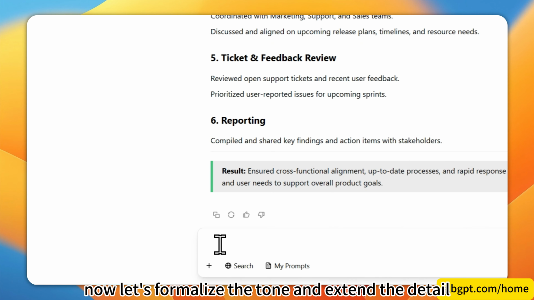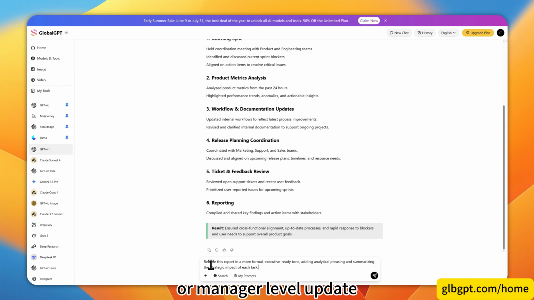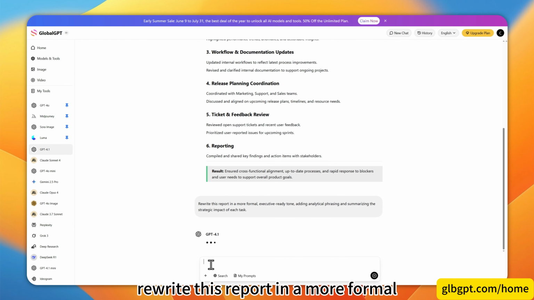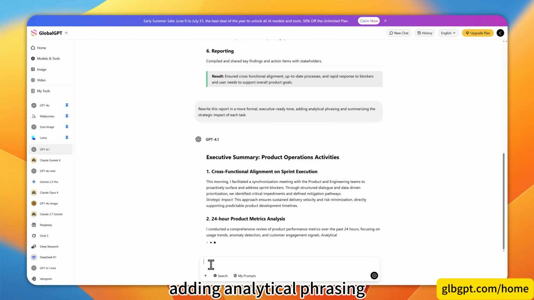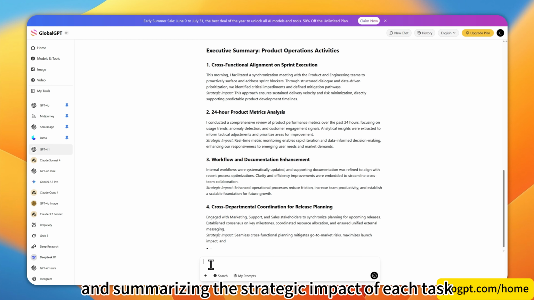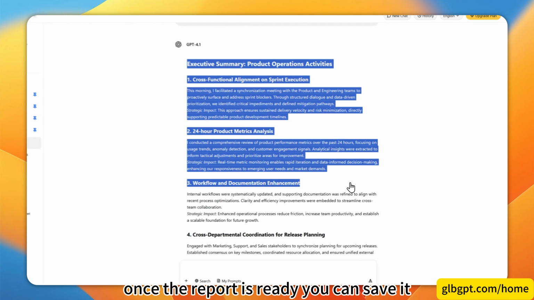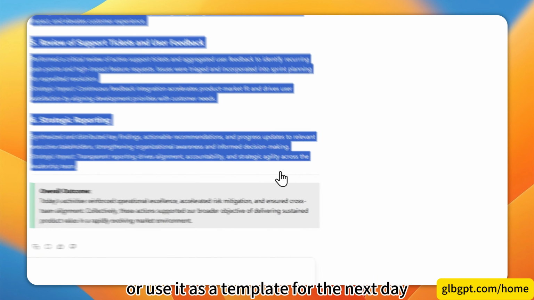Now let's formalize the tone and extend the detail, perfect for a stakeholder summary or manager-level update. Rewrite this report in a more formal, executive-ready tone, adding analytical phrasing and summarizing the strategic impact of each task. Once the report is ready, you can save it, copy it to your clipboard, or use it as a template